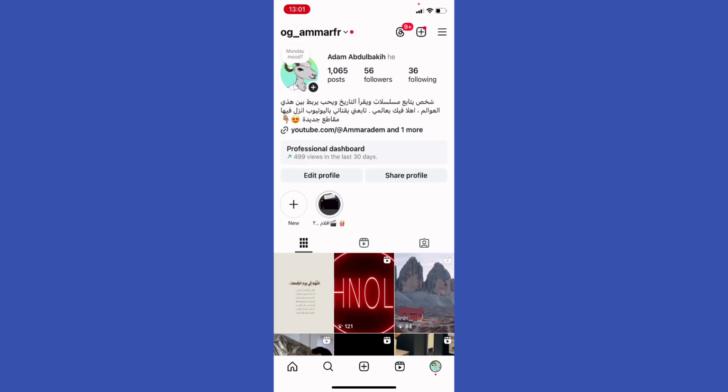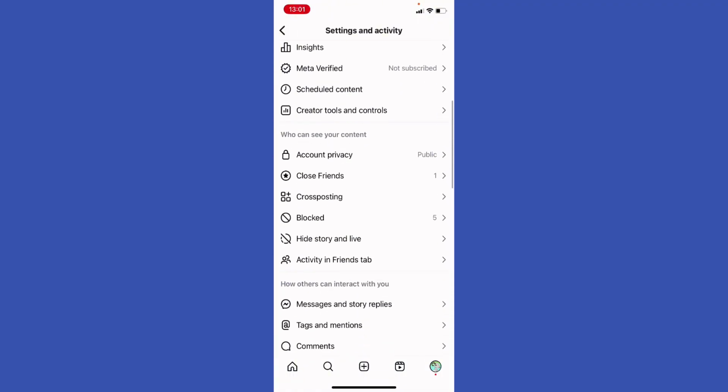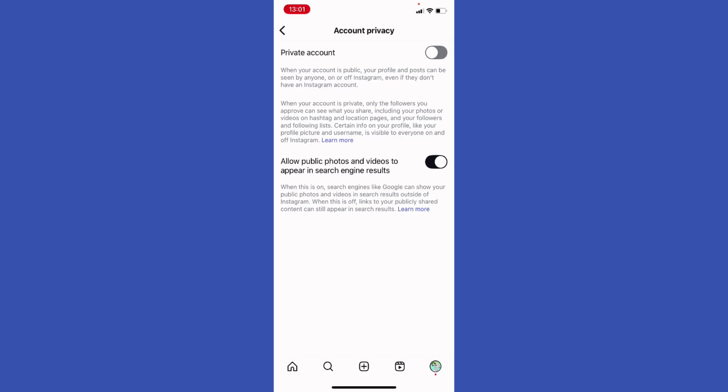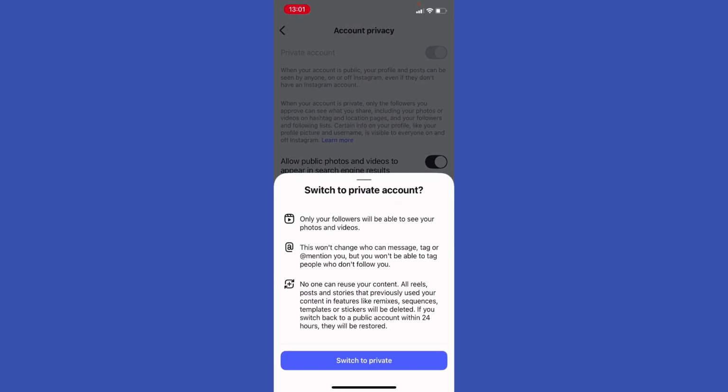So there is no direct way to hide your following list, but instead what you can do is turn your account from a public to a private account. So click the three bars at the top right, scroll a bit down to account privacy, and then turn on the private account. And if you switch into a private account, only your followers will be able to see your